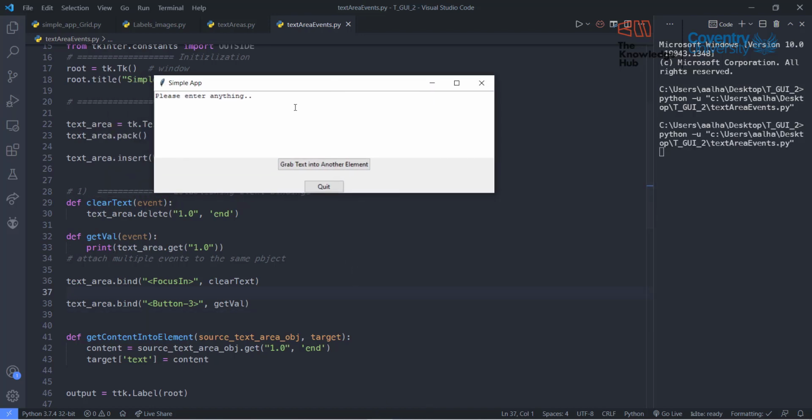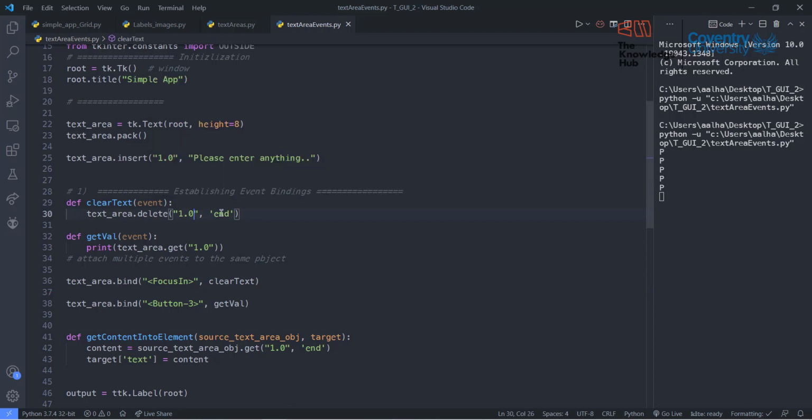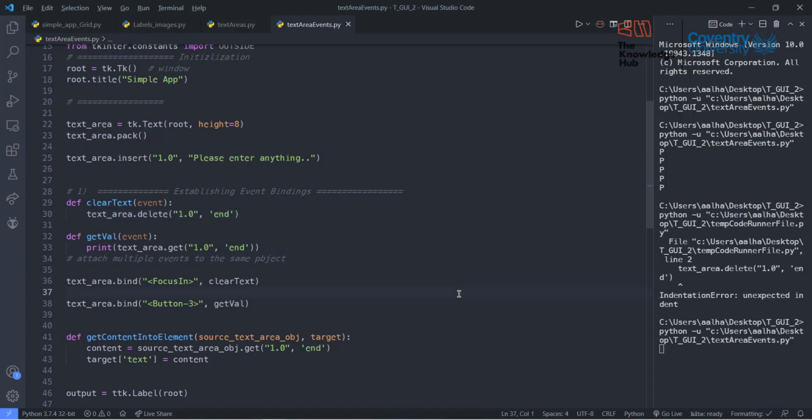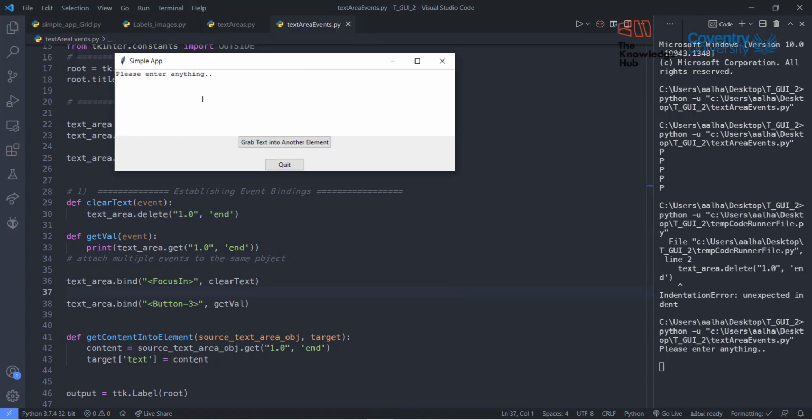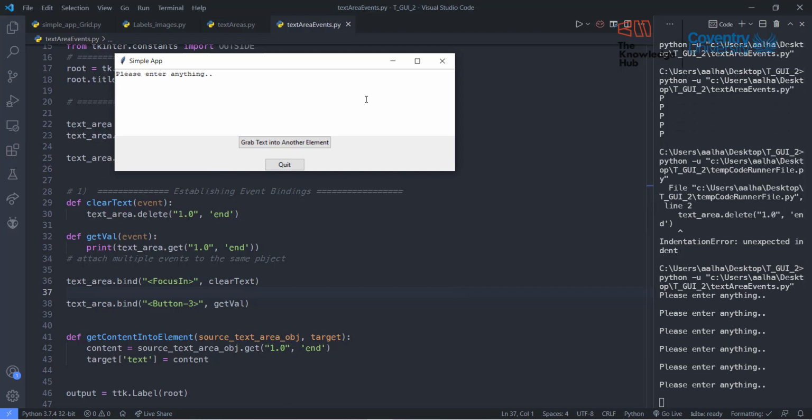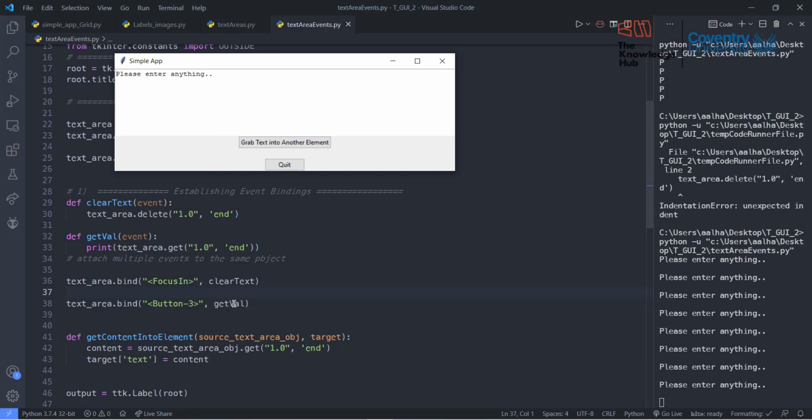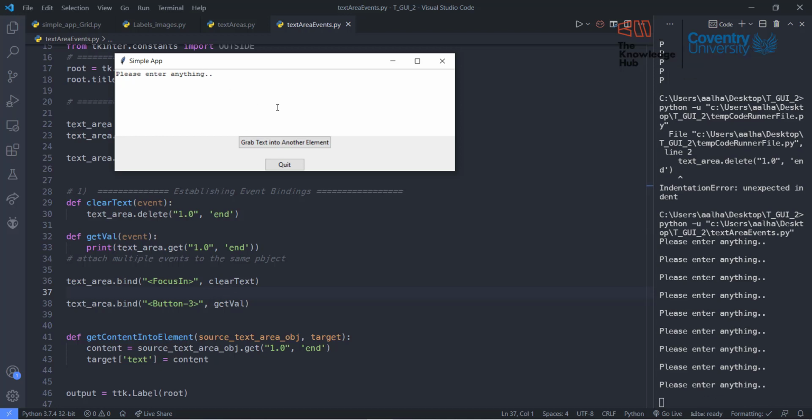So if we right clicked anywhere inside this text area, you should see that it is actually printing the first element. We didn't say end to grab the whole thing. Okay, so now right click anywhere here, you're going to see that this is printed. The callback function is fired and you get the values and it's printed. If you right click anywhere else, it's not going to work. It depends on the object that you're